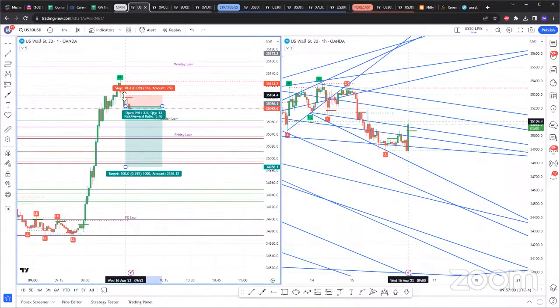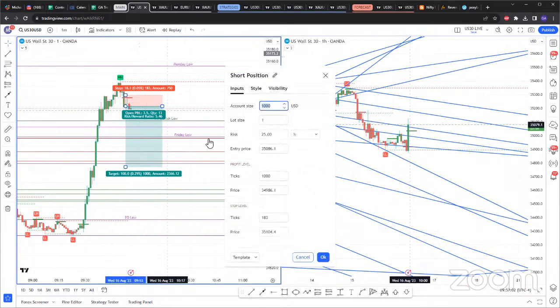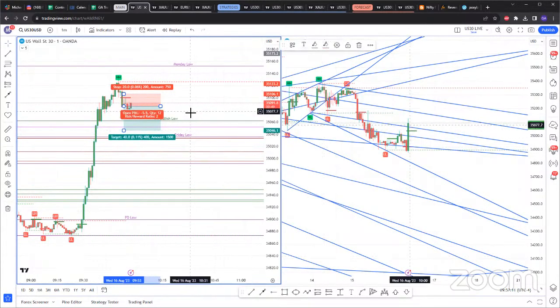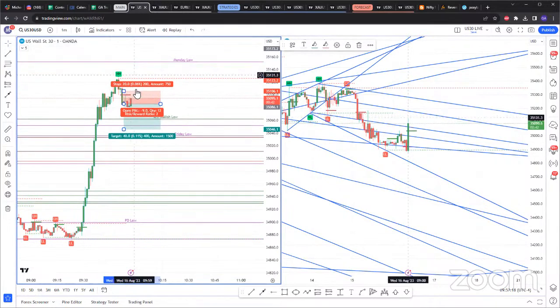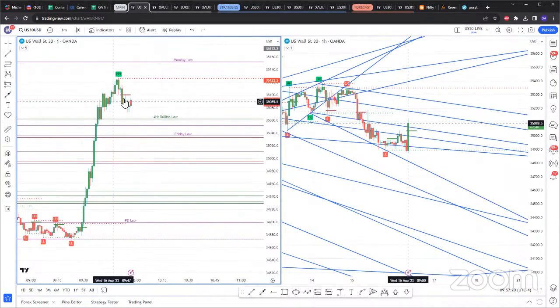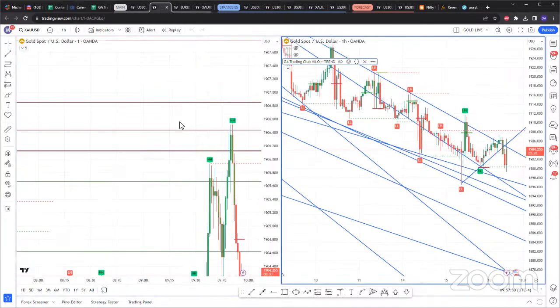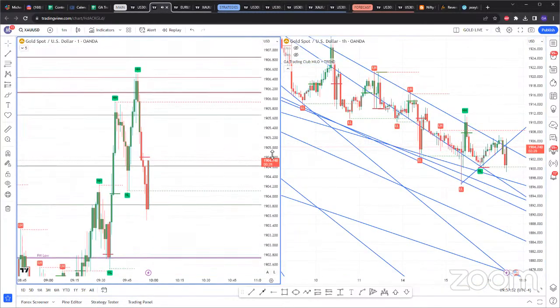If you want a tight stop loss on the 1 minute, you can get away with having a 20 pip stop. Again, I don't recommend 20 pip stops, especially on US 30. But this is a trade for scalpers. For me, I will wait for the trade on the 5 minutes because you can see how erratic the 1 minute is. So I'm waiting for the same thing that's happening here, but on the 5 minutes right here. And then I'll go ahead and sell US 30. So hopefully we get that during the live session.